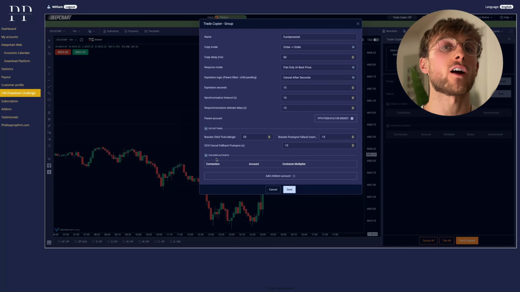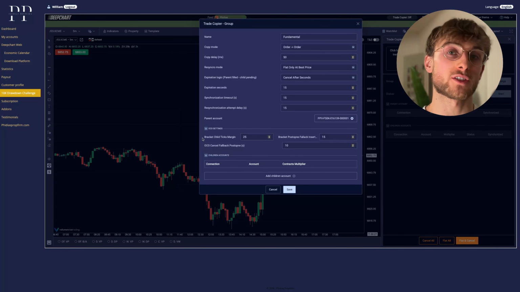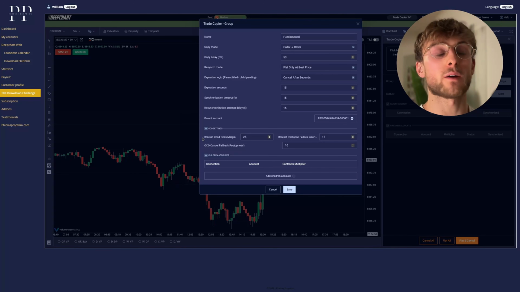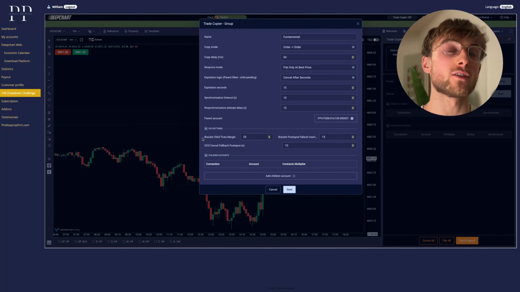Now it's to make sure they are copied the right way. So the first one is the bracket child ticks margin. It gives you the maximum margin you accept as a difference in price. So right now it's 25 ticks, meaning you accept a difference up to 25 ticks between the parent and the